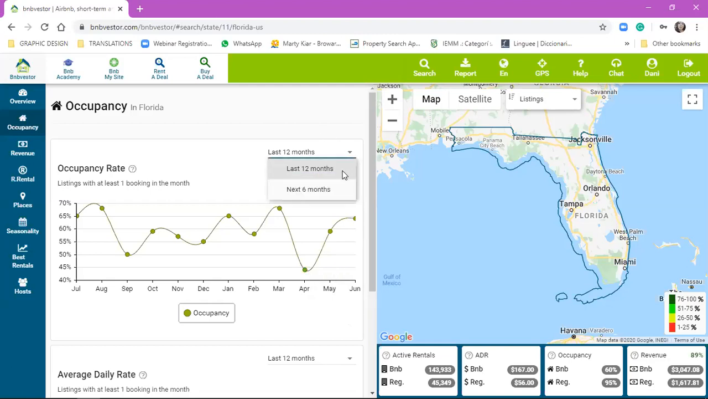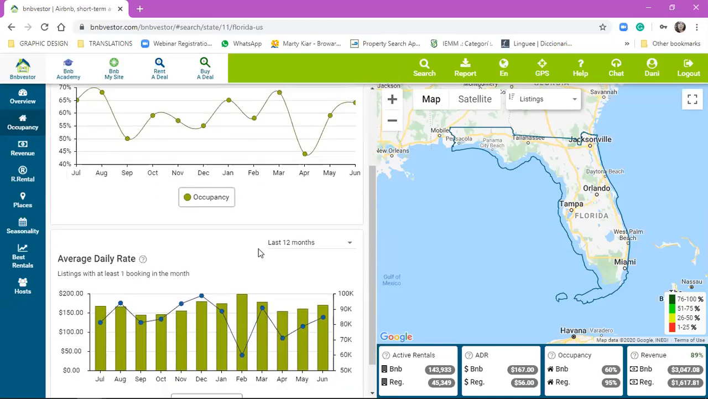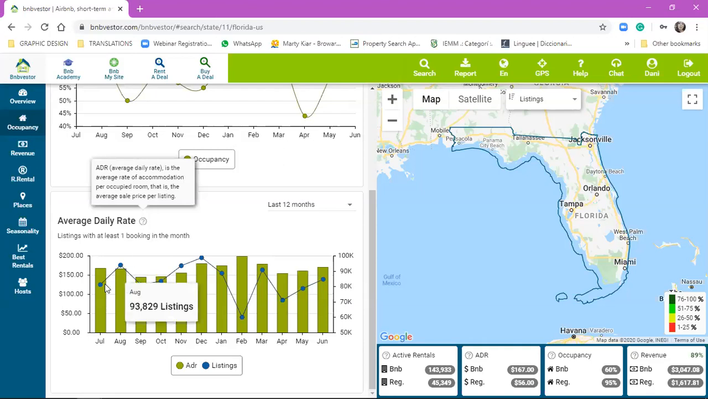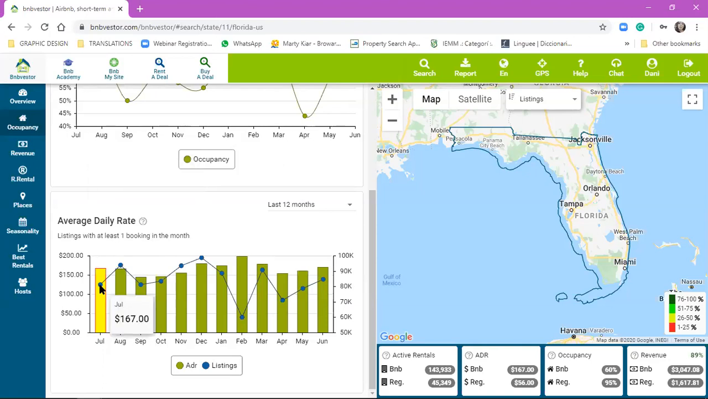You can also view this with the last 12 months, which is what we're looking at now, and the prognostics of the next 6 months. Then you have the average daily rate, the listings with at least one booking per month. The average daily rate, remember, is the average rate of accommodation per occupied room, and that is the average sell price per listing. So we have the average daily rate in green, and then we have the actual listing in